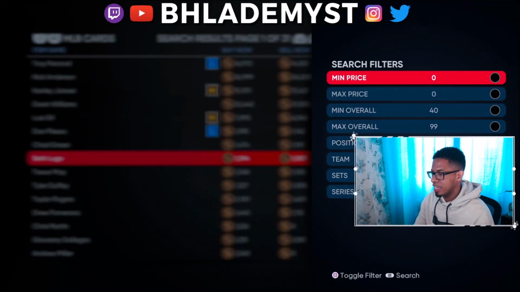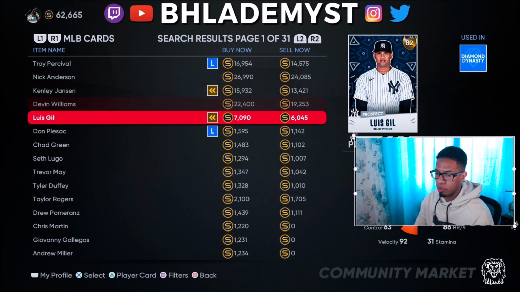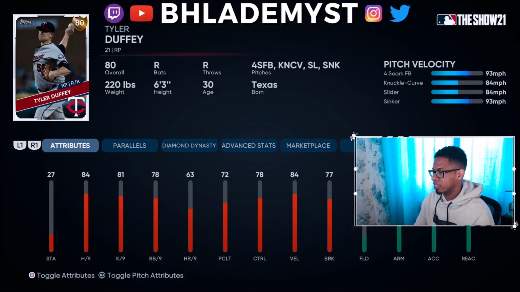Next up on the list is going to be Tyler Duffy. He has the 2 fastballs that you're looking for. The only downside to him is that the knuckle curve and the slider, both of them different movements, so that's a plus, but they come in at the same speed. That's the only thing that's not really a plus, because both of his fastballs come in at the same speed,